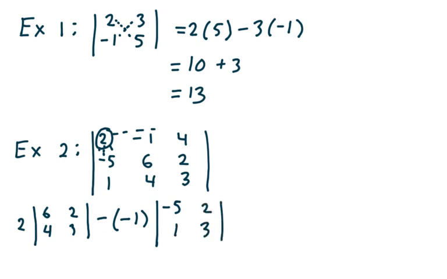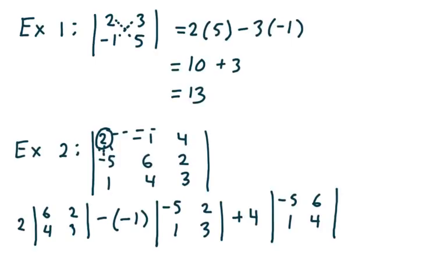And then I'm going to add 4 times the determinant of the resulting matrix. If I eliminate the row and the column that contains the 4, I get negative 5, 6, 1, 4. So if I go to the next page,